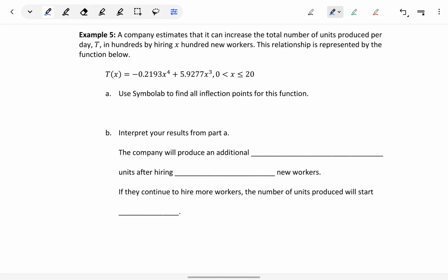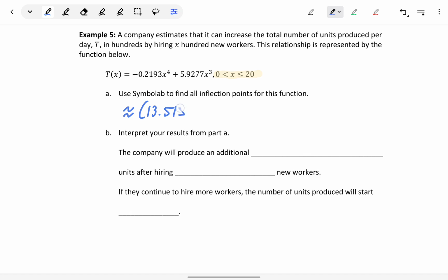If we go back and look at the original problem, we didn't really focus on this, but this was stated in each of the problems. This model that we're given is true on a specific domain. In this case, for values of x between 0 and 20, including 20 but not including 0. So while 0, 0 is technically an inflection point for the function, it's not an inflection point that we want to consider because it's outside the domain for this model. That means that the only inflection point we have will be at approximately